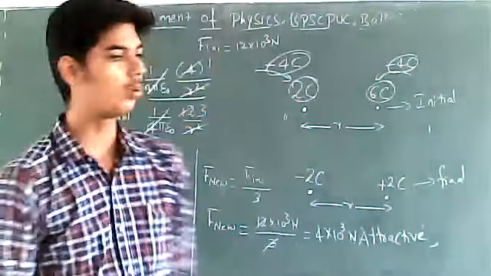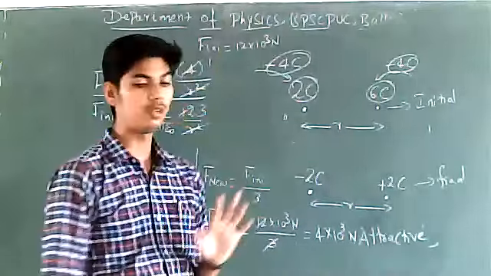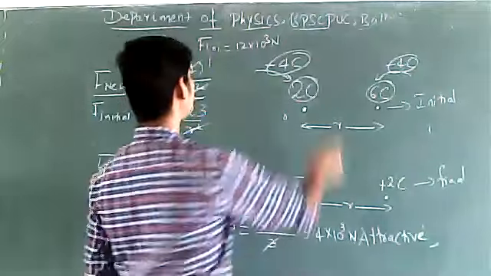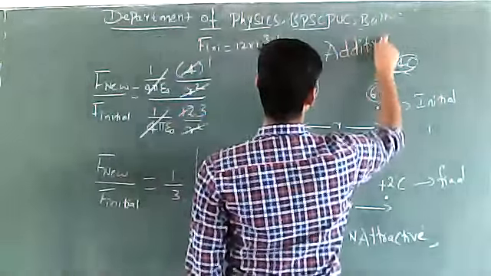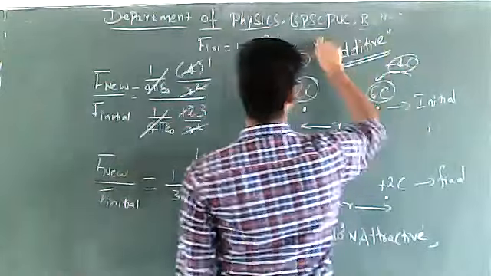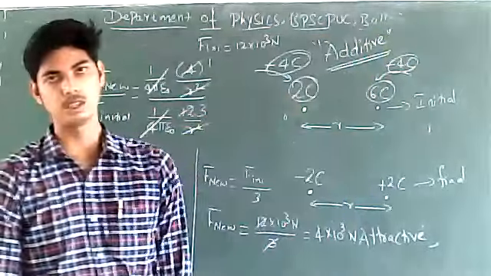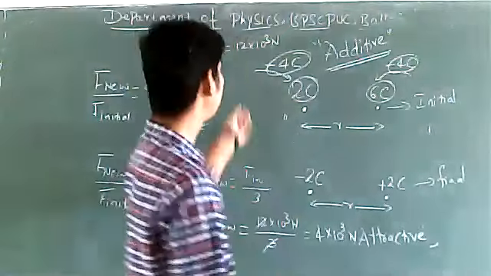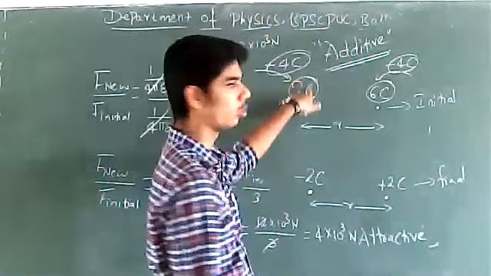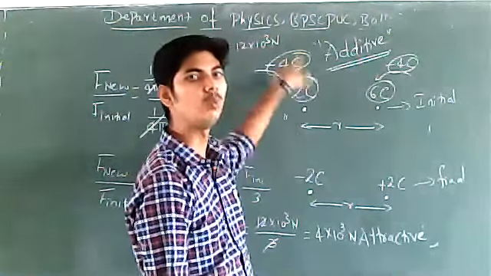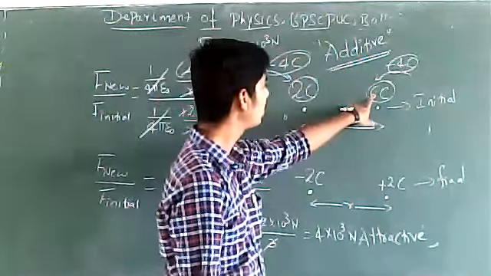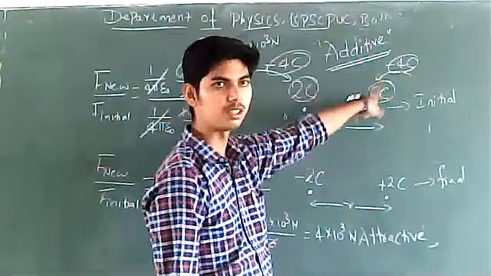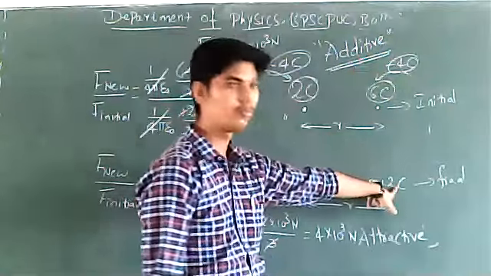So this is how these kinds of problems are to be evaluated. The main thing here is to remember the additive nature of charge. Charges are additive in nature. That must be remembered. If they say they are adding minus 4 coulomb to 2 coulomb, the net charge becomes 2 minus 4, which is minus 2 coulomb. 6 coulomb and minus 4 coulomb added together, 6 minus 4, gives plus 2 coulomb.